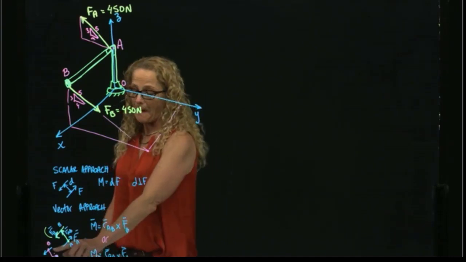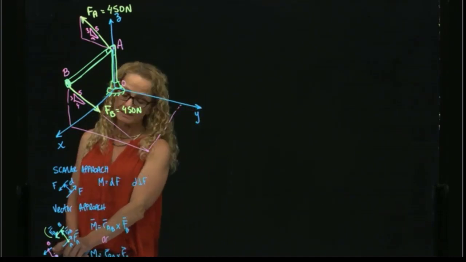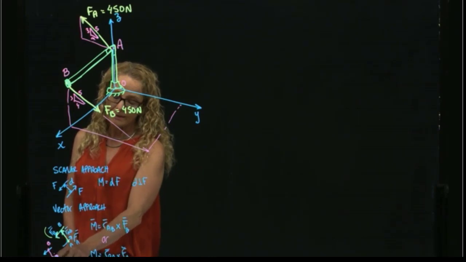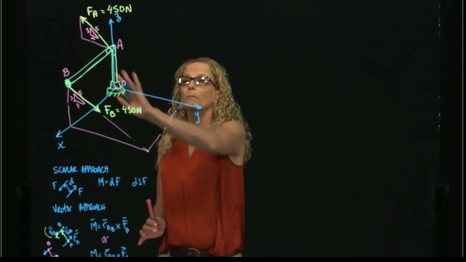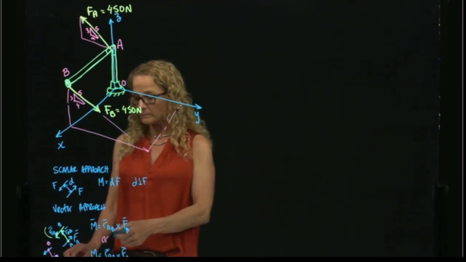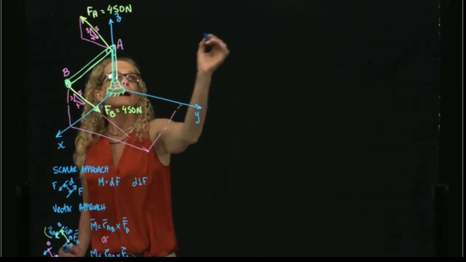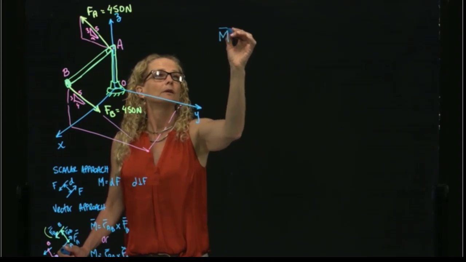So I place my origin of the distance in one of the forces, take that vector and multiply by the force. If we go back to our example, we can say, well, my moment, which will be the couple moment,